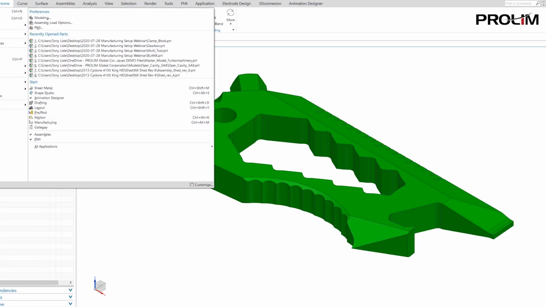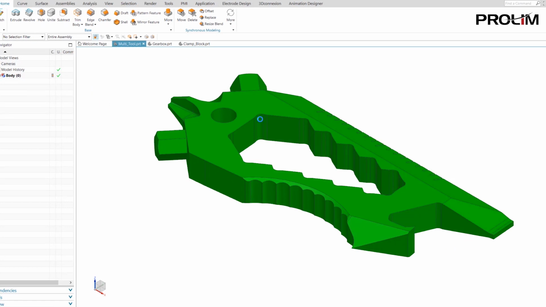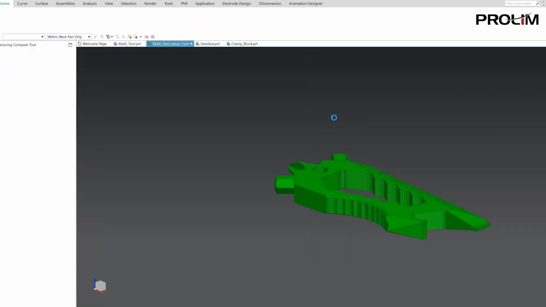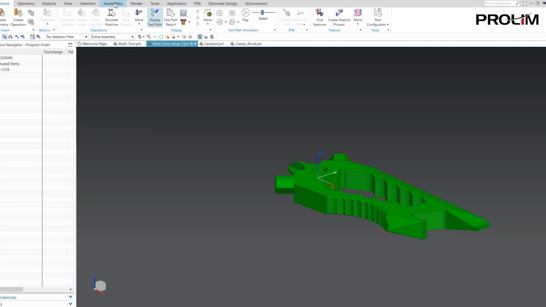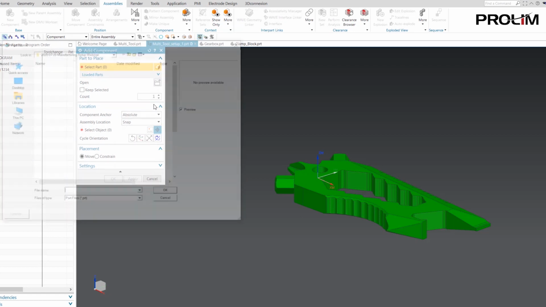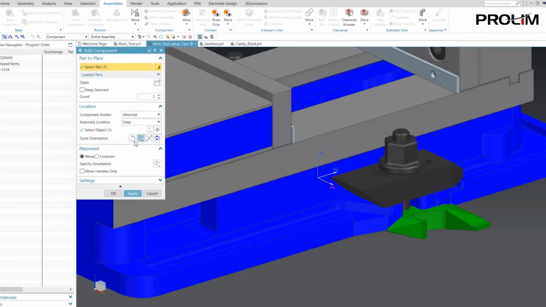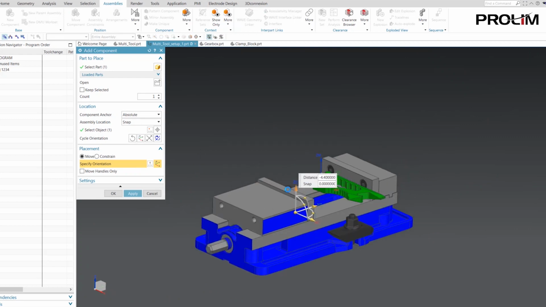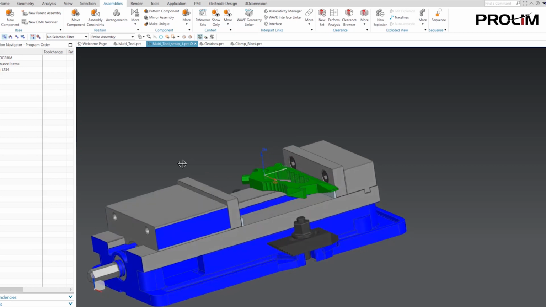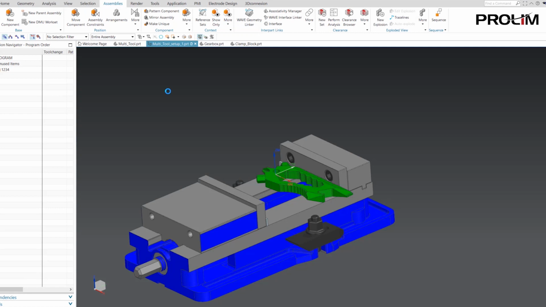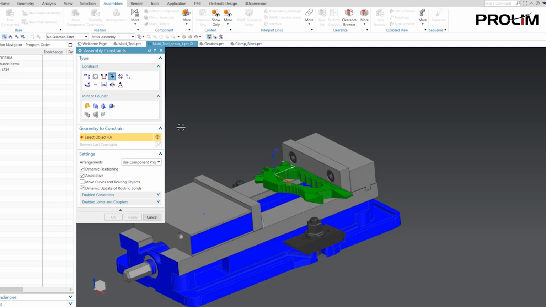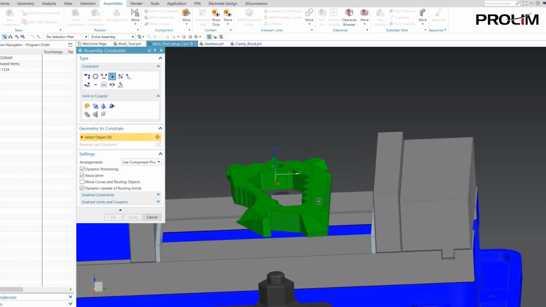Again, we're going to use the master model concept, so I'm going to create a new file referencing this existing part. So in my manufacturing environment, the first thing I want to do is add some components. I want to add a vise into this manufacturing assembly. So I'll find a vise I have here. We'll move this in a location. And at this point, I want to go ahead and constrain my part to my vise using my assembly constraints. So I'll begin with a fixed constraint. And in this case, I'm going to use